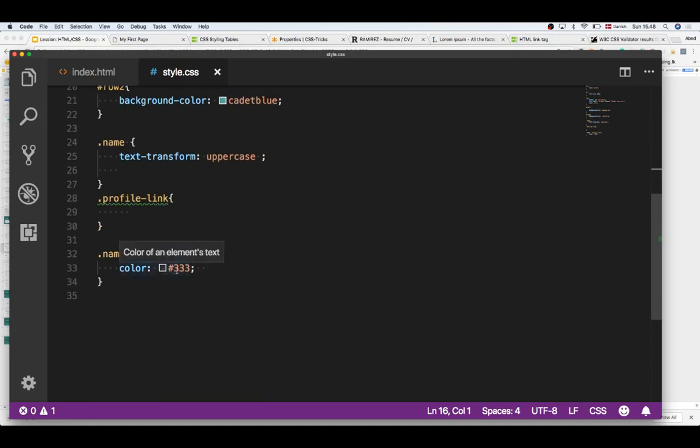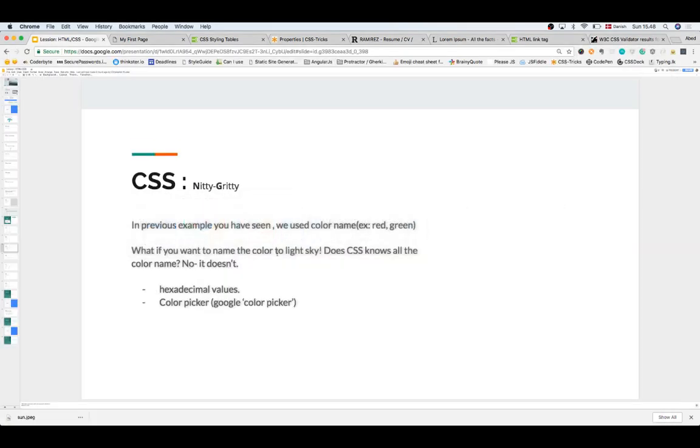So you just write the color name with the hash code, and the hash code is a hexadecimal number. If you are from computer science, you probably know the hexadecimal number goes from 0 to F. It's a very complex zone, but you don't have to go there. So the easiest way you can write a hash code is like